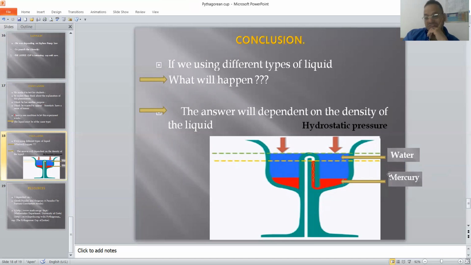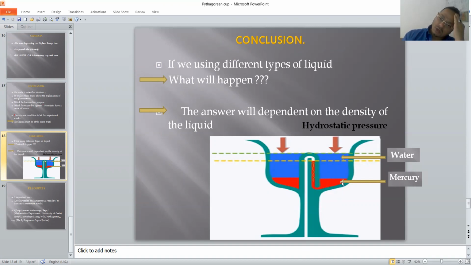If we put the mercury here at the bottom of this cup, and after that drop water in the upper part of this cup, what will happen? Here, like we say, because we're dealing with hydrostatic pressure, the mercury will reach this point. This point is the level, this is the condition. If we cross this limit, we must face leaking from this column, from this hole.